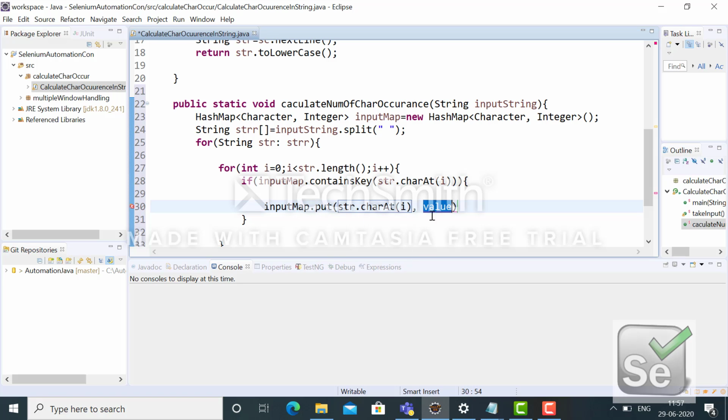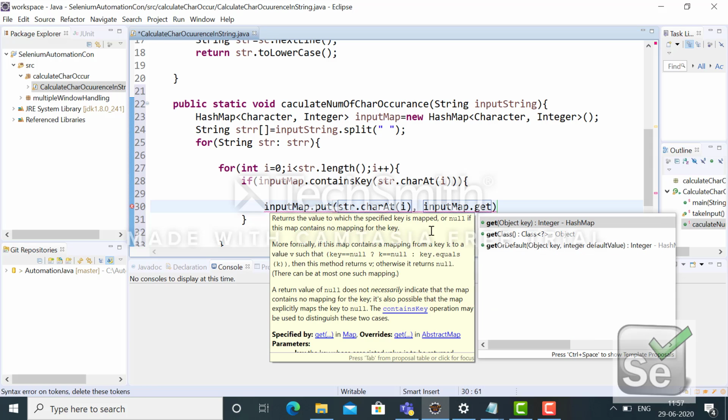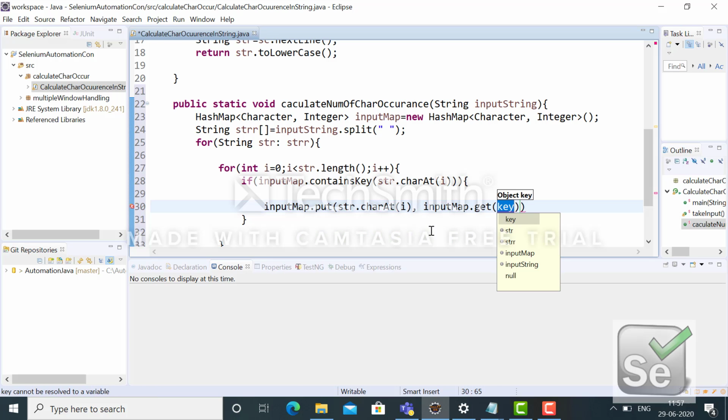So I have to do the same thing. In order to fetch the value, the get method is there. So I fetch the earlier value and then do +1.